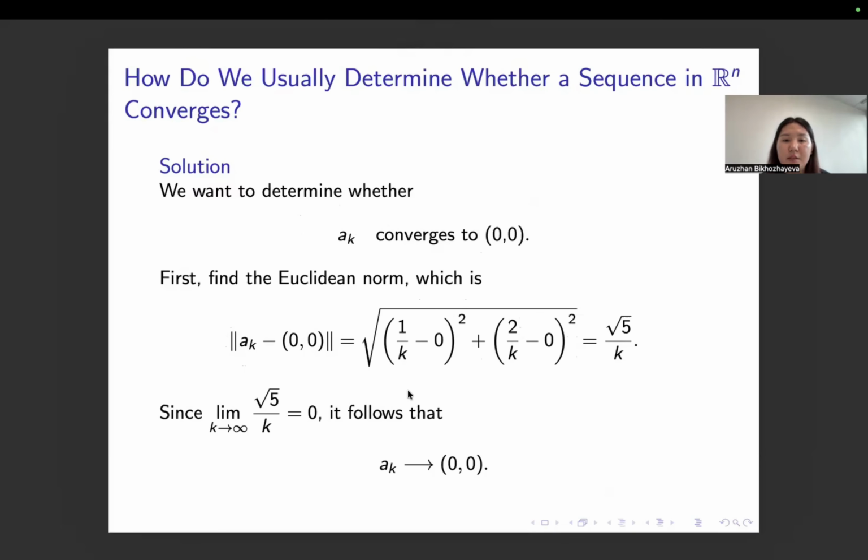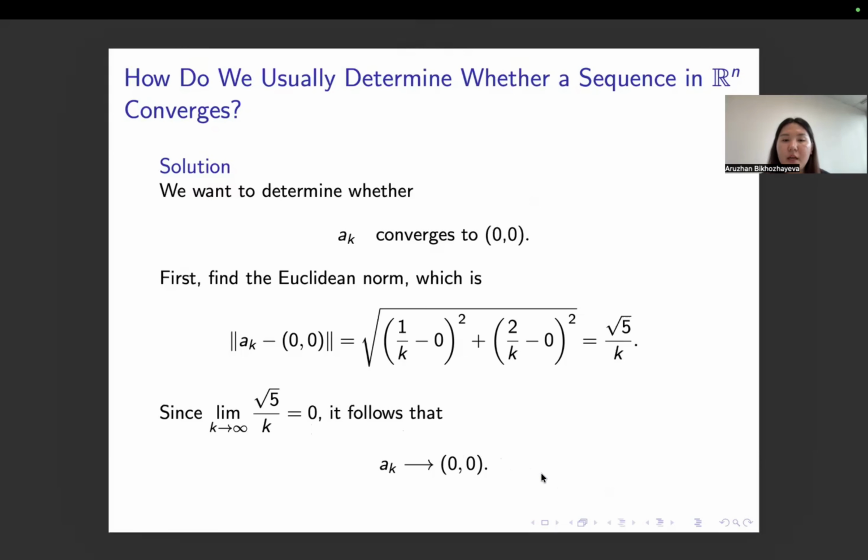We subtract 0, 0, square each coordinate, add them together, and then take the square root. And finally, we get root 5 over k. As k becomes very large, this quantity approaches 0, which means that the sequence converges to our guessed limit